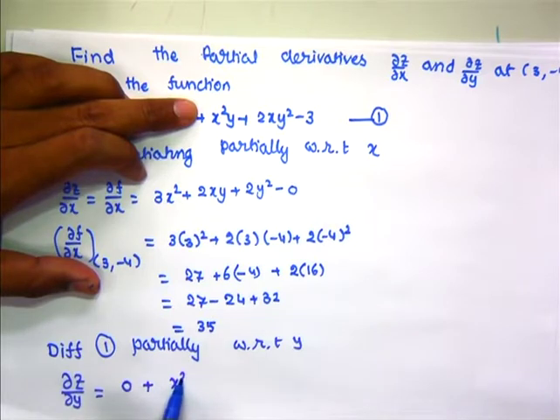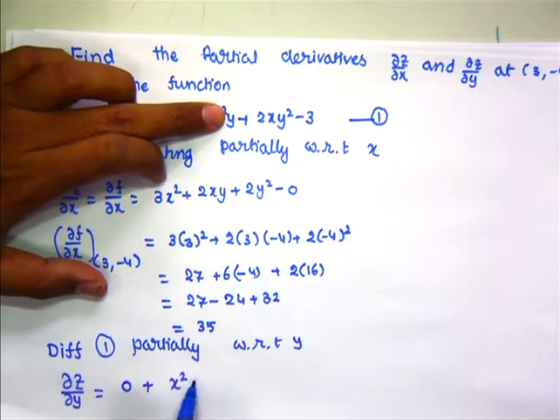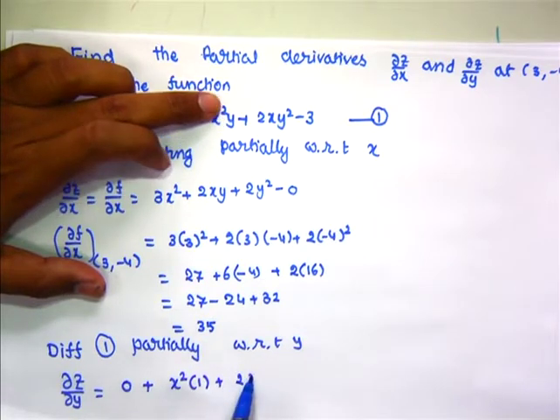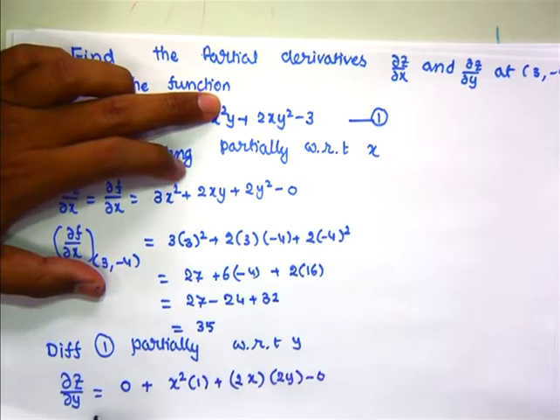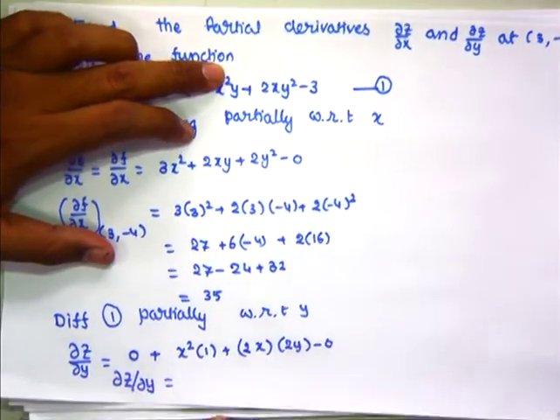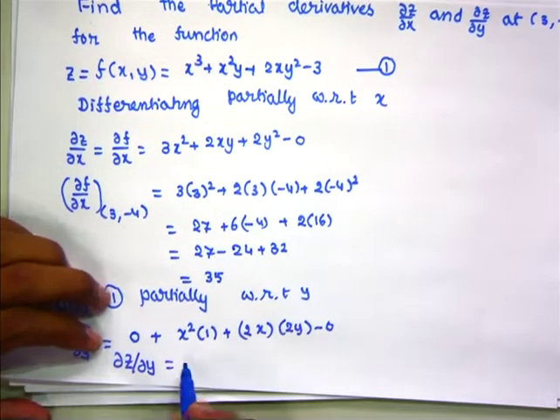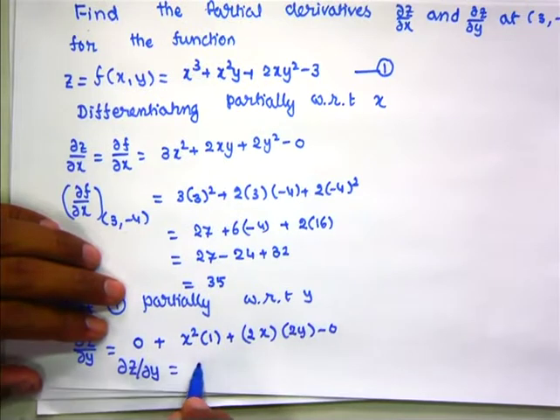Here x square is a constant for a while, derivative of y is 1, then 2x is constant, and derivative of y square is 2y, derivative of 3 is 0. So we get del z by del y is equal to x square plus 4xy,